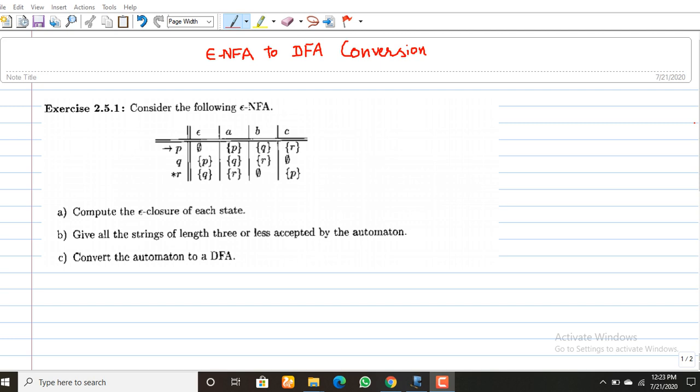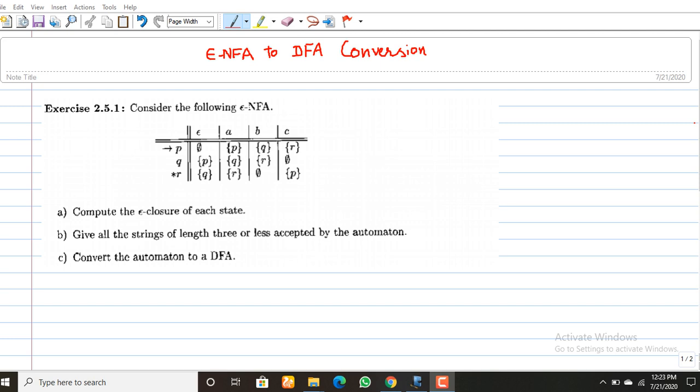Second one, give all the strings of length 3 or less accepted by the automaton, which means you have to find the strings from this automata. The third part, convert this automaton to a DFA. Automaton is the singular form, automata is the plural form.